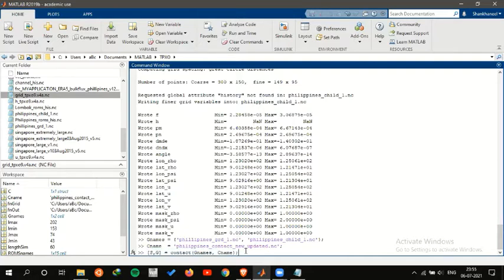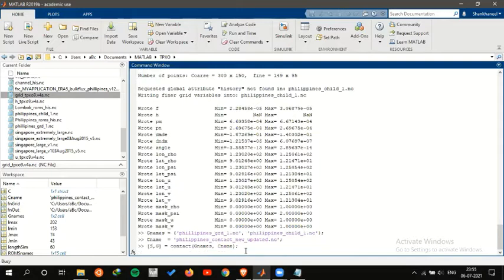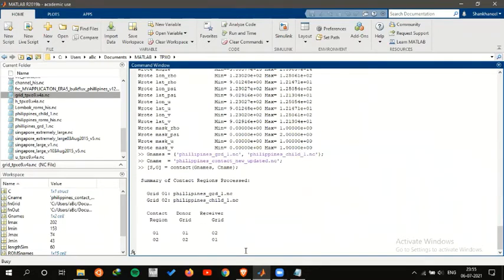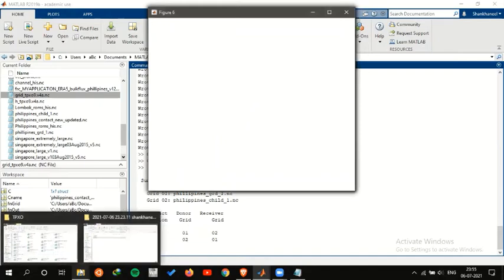These will already have values stored in them, and then you press enter. This should generate a contact file without any error. Donor to parent, parent to donor. Now you can see the contact file is being generated. Now the contact file has been successfully generated.